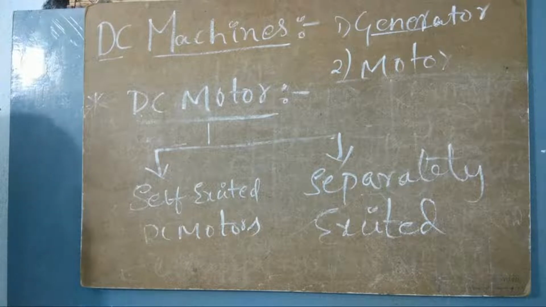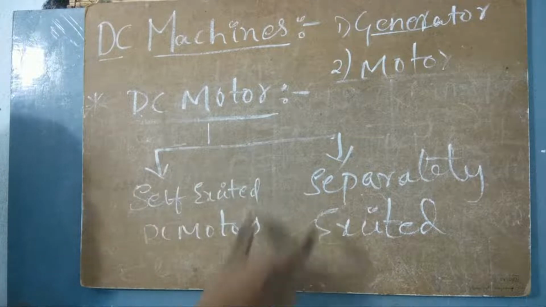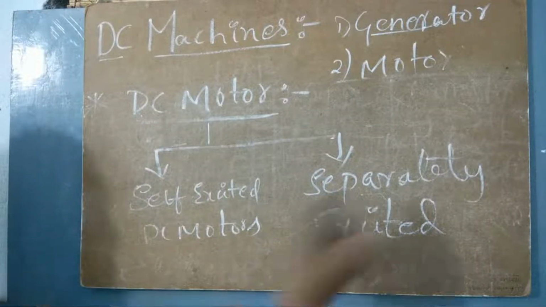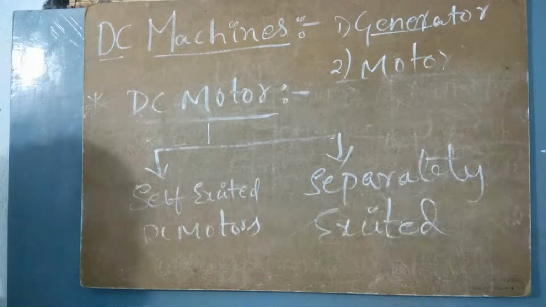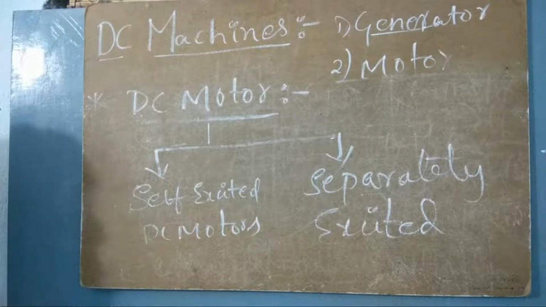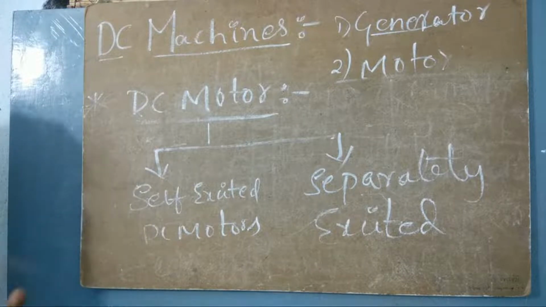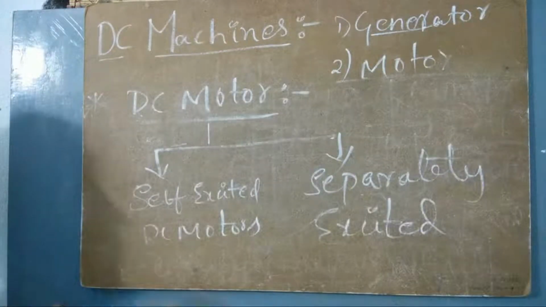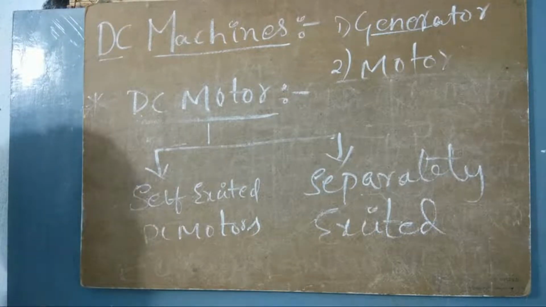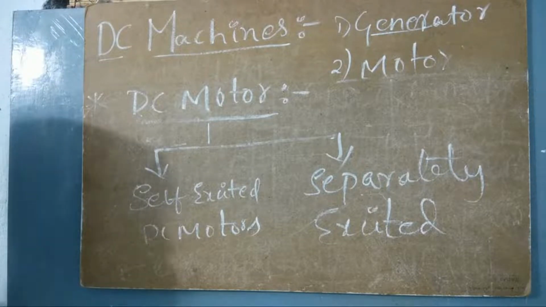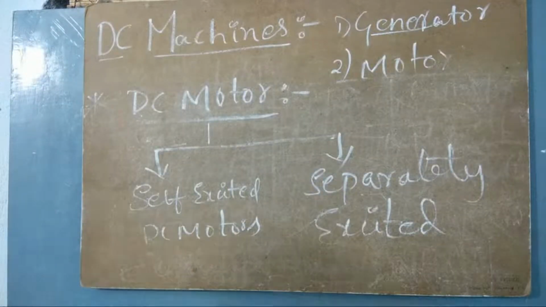So in terms of the excitation that we give to a motor, the DC motor is classified into two: one is self-excitation, and the other is separately excited. Let us understand both of these in detail, because the classification of DC motors is entirely going to be like this. If you're writing notes, please do write these two, very important, because when you study DC motors, these are the two terms you use most often. Now write this quickly so that meanwhile I can see the comments if you have any doubts, so that I can solve them.